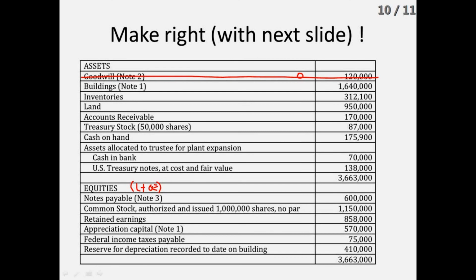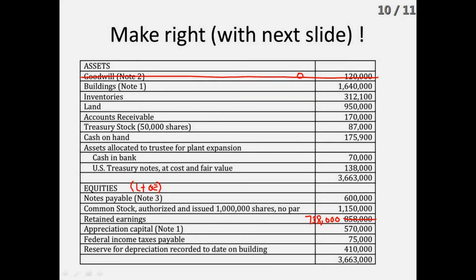Now, if we take $120,000 off of this total here, what's going to happen? Our balance sheet won't balance anymore. So what else do we have to do at the same time? Take it out of retained earnings because it's there too. Okay, so let's subtract. So now we have 738 in retained earnings. So even though our number may still be wrong, at least we have a balance sheet that balances. Okay, we're going to work on it.